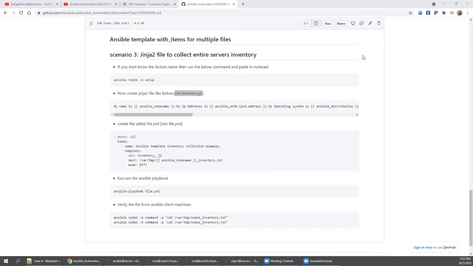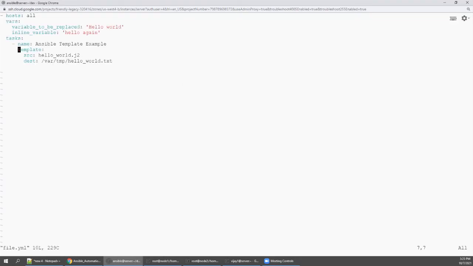So let's clear this. I'm going to copy this, right? So there is a small typo mistake. We will do it. vim file.yaml. I'm going to clear this. Since it's a playbook, I'm going to say set paste and then insert, and then there is a small typo mistake. I will anyway correct it after this class. Inventory. So let's save this file, right?